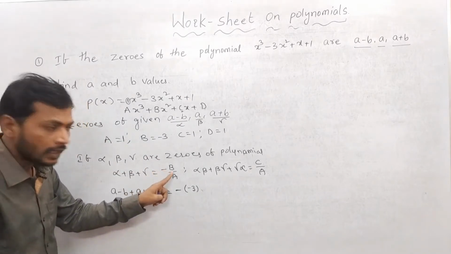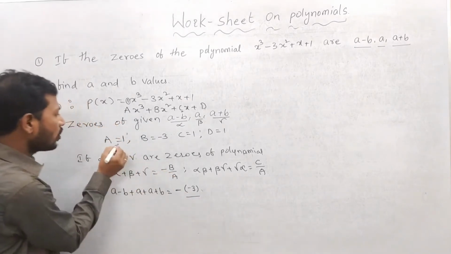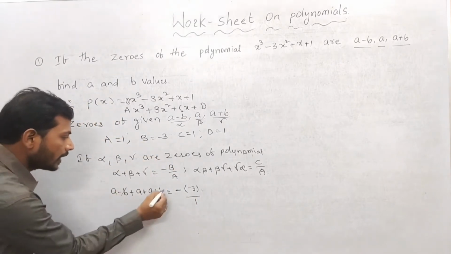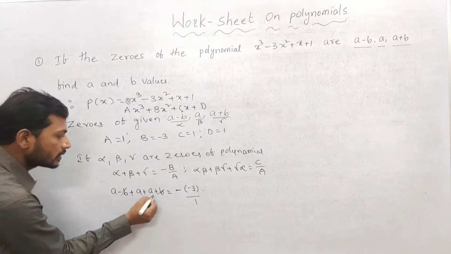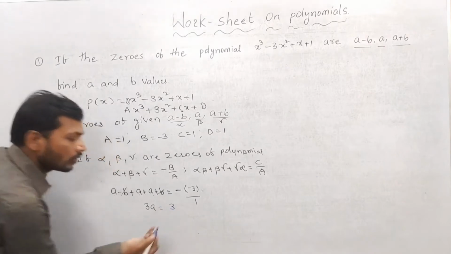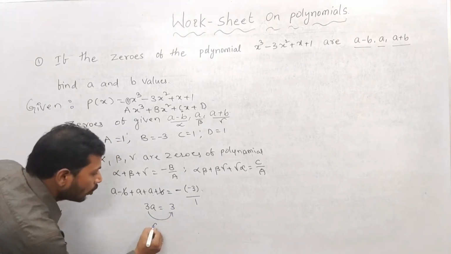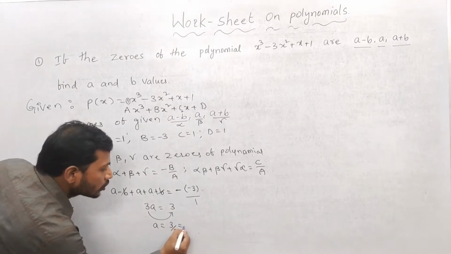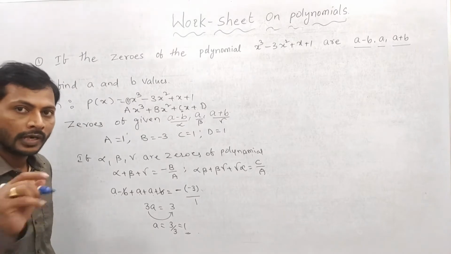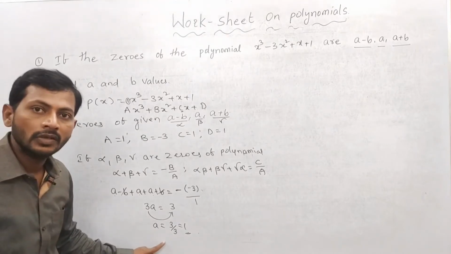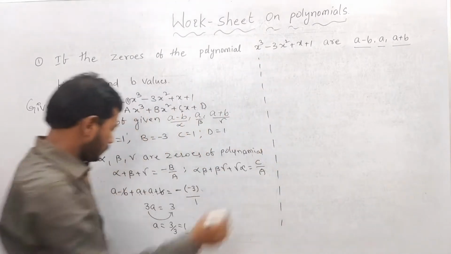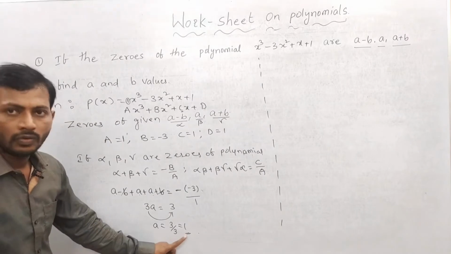Minus b completed. By what is there? a. What is the value of a? 1. Very good. Keep there 1. Now see, plus b minus b can be cancelled. a plus a, 3a equals minus into minus 3 by 1. No need to write. Then take 3 this side. I hope you got a equals 3 by 3 equals 1. Very good. You got a equals 1. I hope you understood now why I have selected this method, because you felt it is very easy. Second thing, now a equals 1.